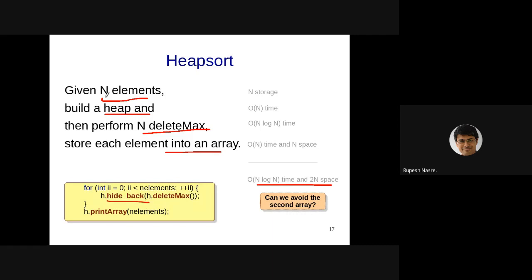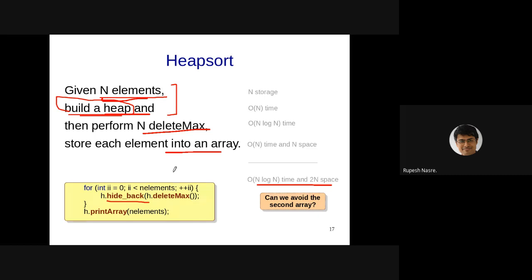What is happening is that you are given n elements, but when you are building the heap, you have looked at i elements. So what is remaining here is n minus i elements, and you have built the heap using i elements. So if you combine these together, you require total n space. You don't require total 2n space.